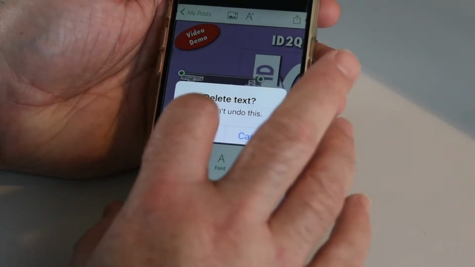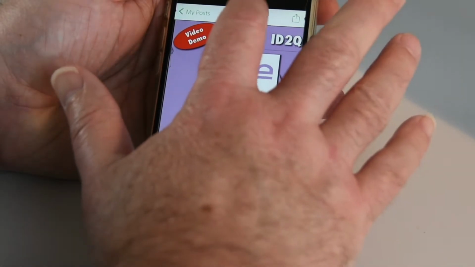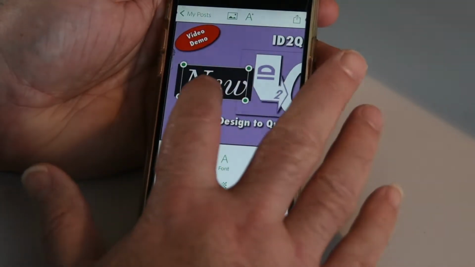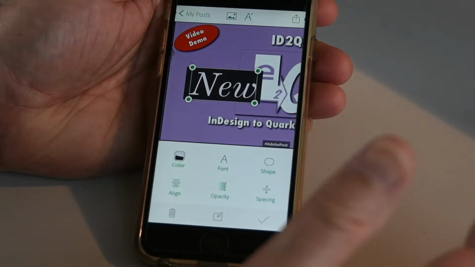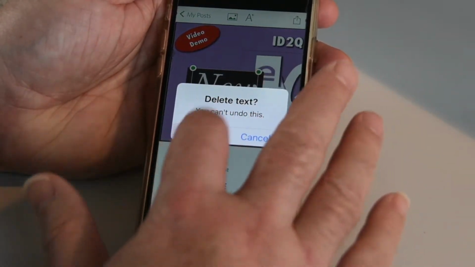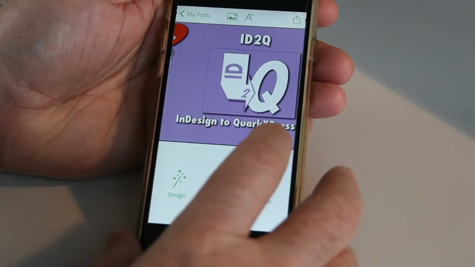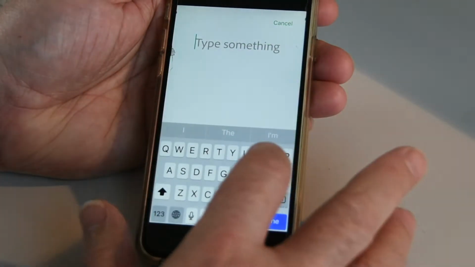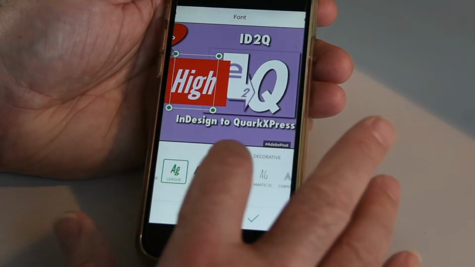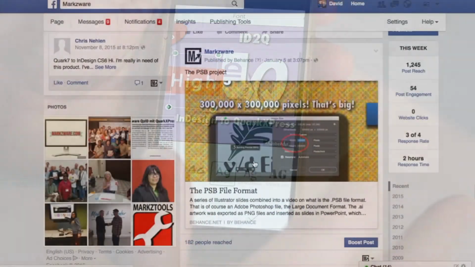So you have your template here. You can change the text every time to be something different, or get rid of it, or add new text. So new text, and that could be your new campaign. I can see it being used in a corporate setting where the professional designers set up the professional imagery, the corporate look, and under direction to use only certain fonts and certain things. You could then use this in a corporate environment, in a marketing department or what have you.